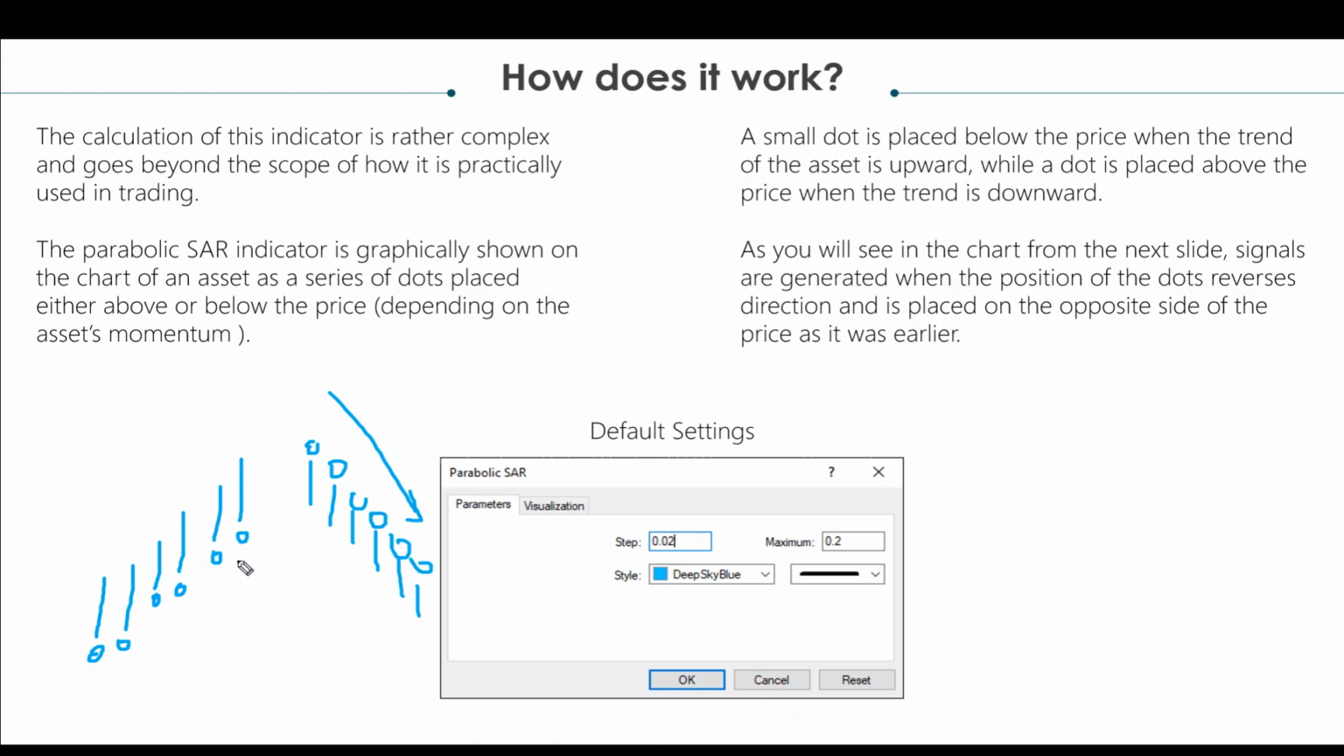Okay, let me see if I'm missing something. The Parabolic SAR graphically shown on the chart. All right,